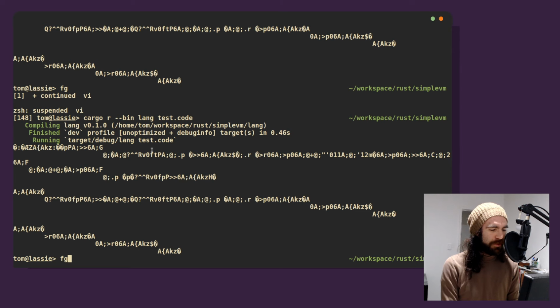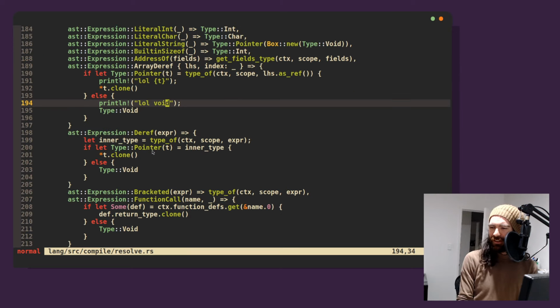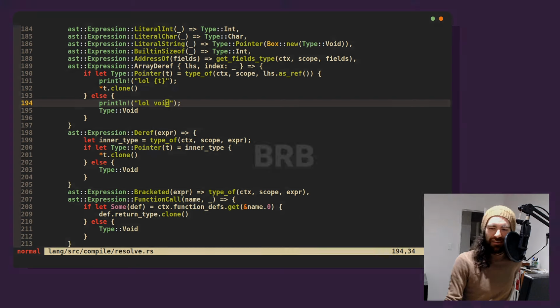This code doesn't seem to run. What's going on here? What have I done? I've obviously done something wrong. I'm going to go to the bathroom. I'm going to ponder this in the bathroom and hopefully come back and see exactly what's going on. Because I'm chasing ghosts of the type system right now.